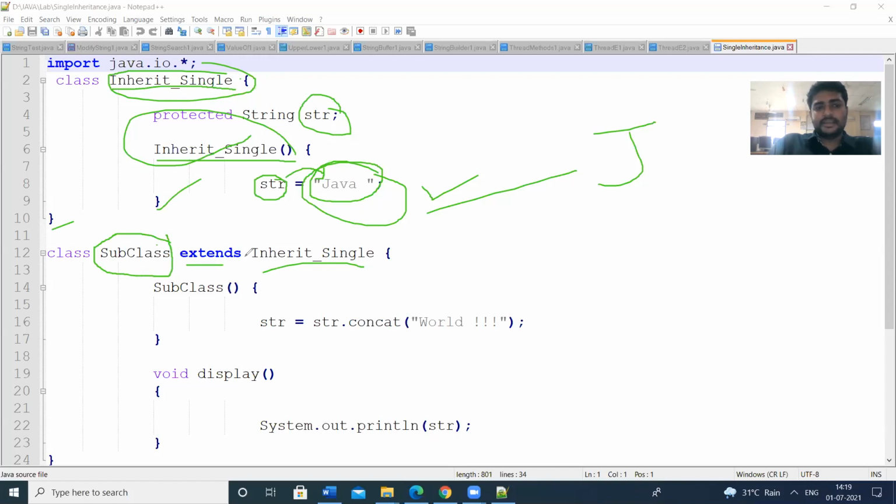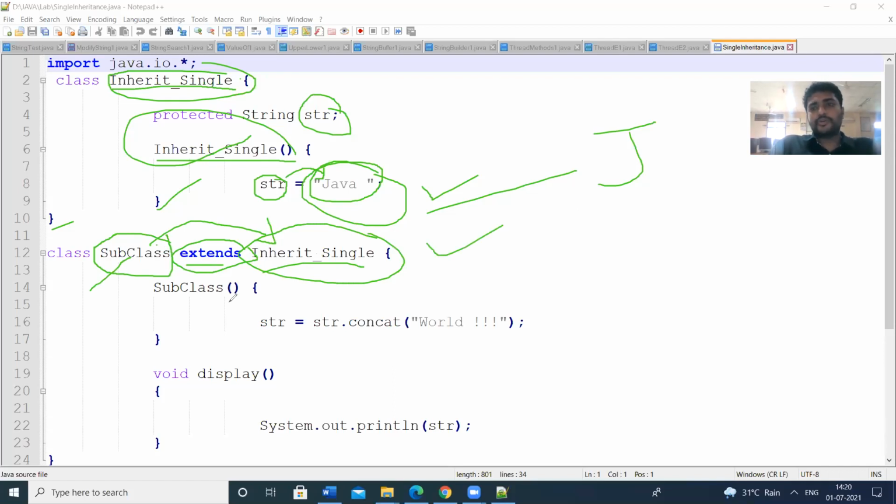That is the meaning of the extends. That is the meaning of inheritance. Subclass is this one. Superclass is inherit single. So this subclass is inheriting the properties from the inherit single class.